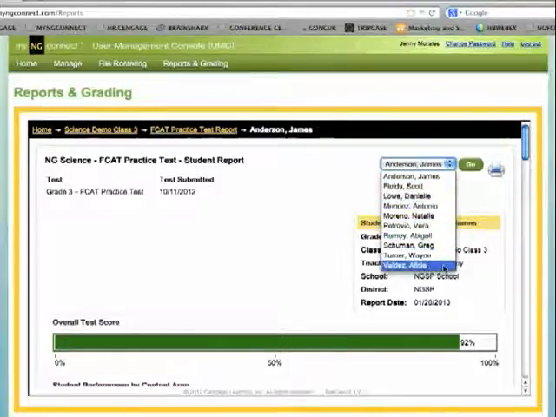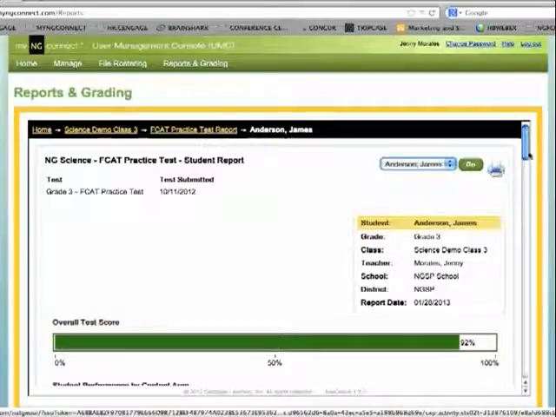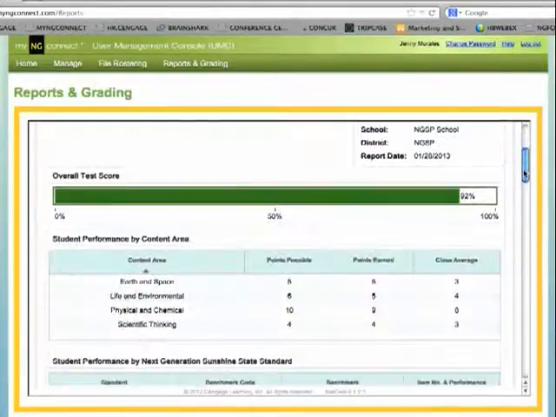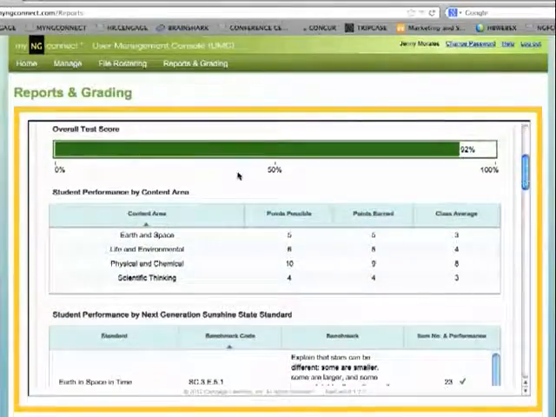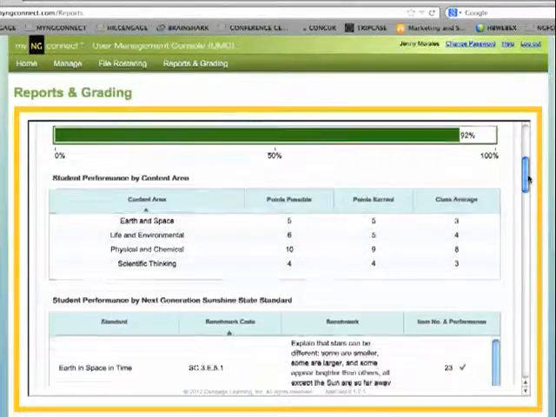By using this drop menu, I can move to other students in the class as well as print this report also. As I scroll down the page, I see James's overall test score. On this test, he scored 92%. Moving down, I see his performance by content area, the points possible, the points earned, and where the student scored